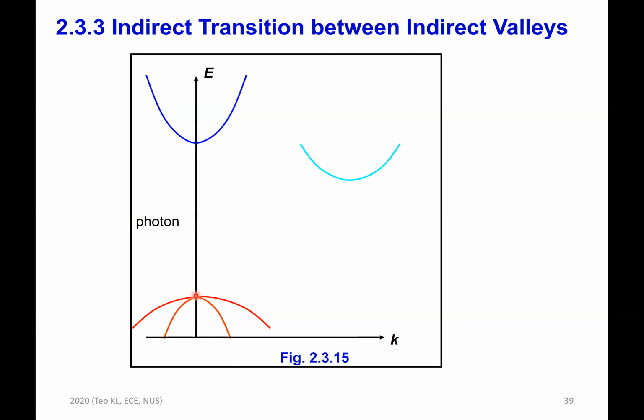You have learned that in Prof. Wu's course. So how do we make a transition? Let's say you come in with photon energy to excite the electron from the top of the valence band to the conduction band minimum, let's say in germanium, the L value. There are two ways to do this. So this is the top of the valence band, this is the minimum of the conduction band, this is the indirect band gap,